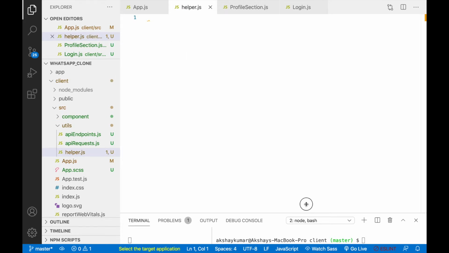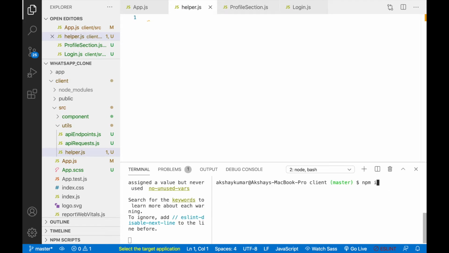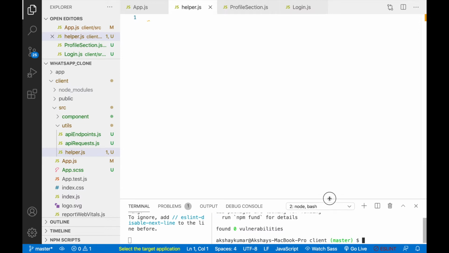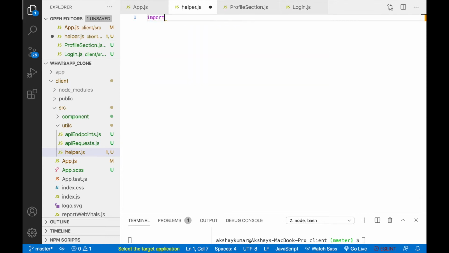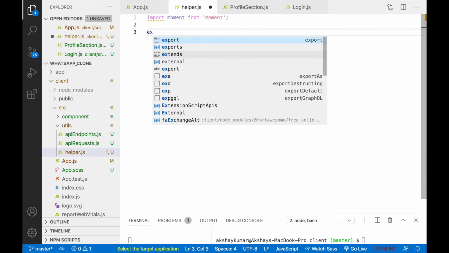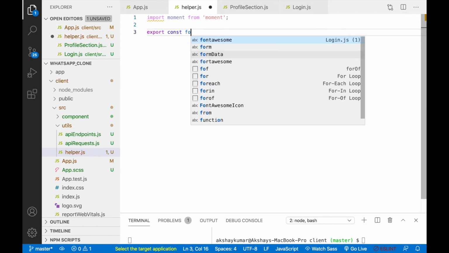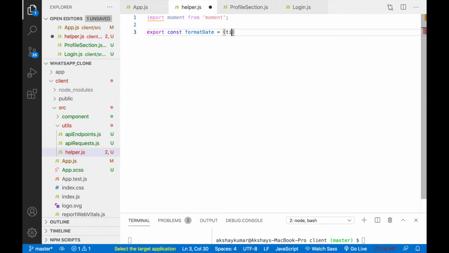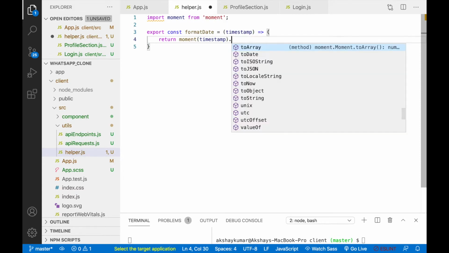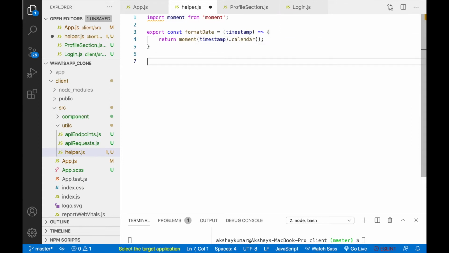Here I will install moment: npm i moment --save. Then we'll import moment from moment and write export const formatDate equals, it will take a timestamp, and here we'll just return moment, we'll pass timestamp dot calendar.